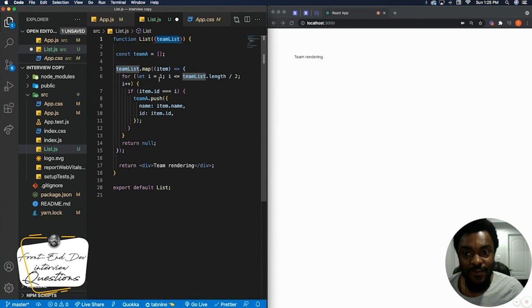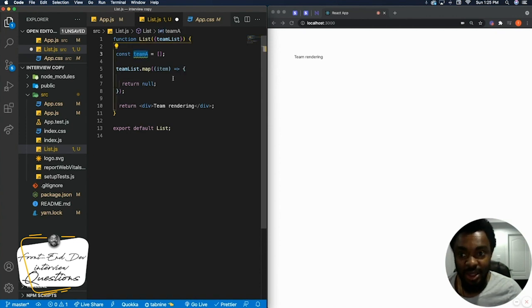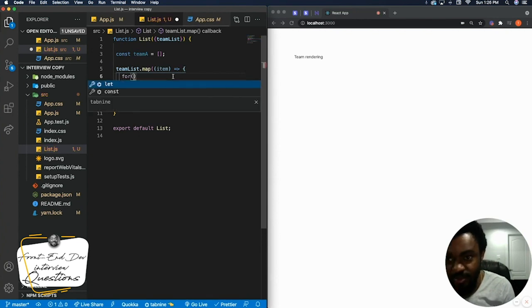You know what, I can actually write this again so that you don't think I'm just giving you nonsense. I'm returning a null. The reason is, when you map it, I don't want to return anything. I just want to use this to populate something, which is my team A, right? So I'm going to use a for loop: let i be equal to 0. I'm starting from index 0. Remember that an array always starts from index 0, and I'm saying i will be less than